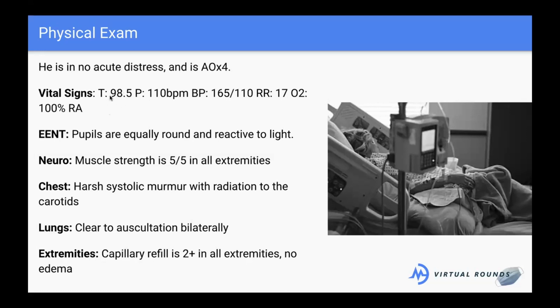So he is not febrile, meaning he doesn't have a fever. He's a little tachycardic. The upper limit is normally what for heart rate? Yes, it's 100. So we'd like it to be between 60 and 100. So it's a little high. He might just be stressed to be in the emergency room.